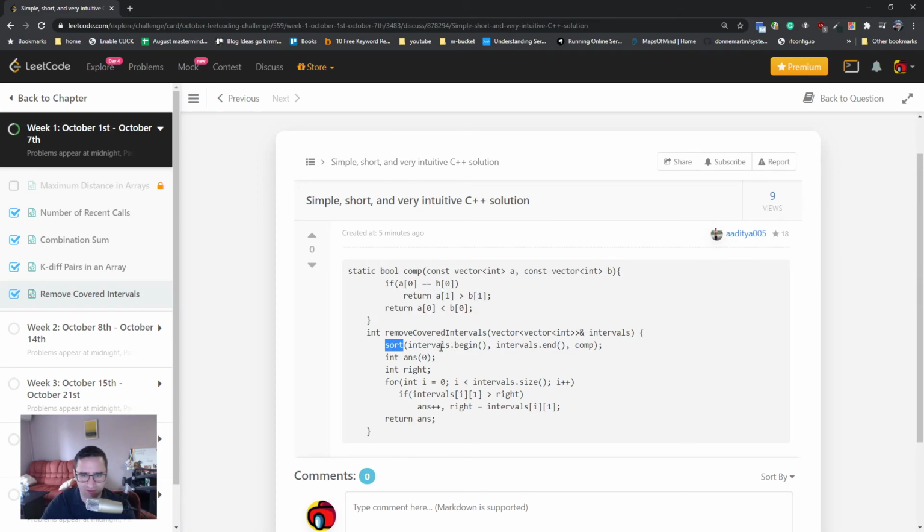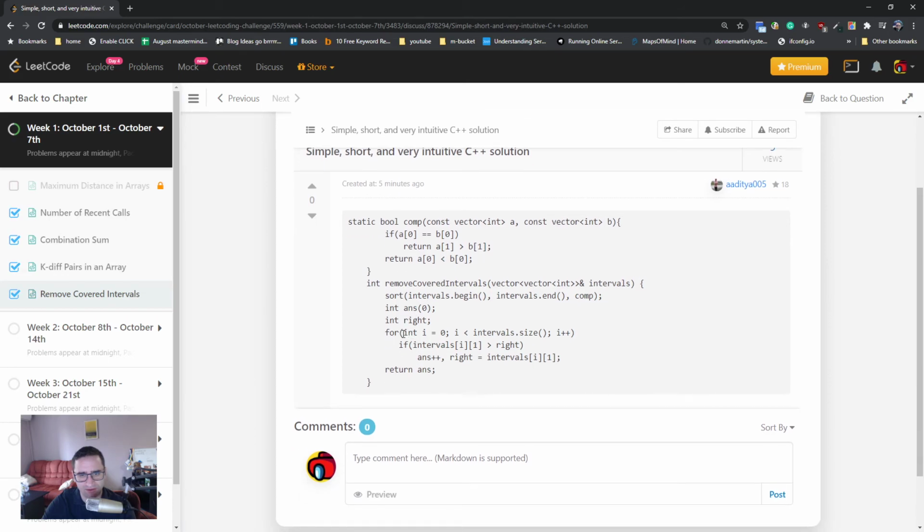So he's sorting them based on the 0th element. And if the 0th element is equal, then he's sorting based on the second element. And then when he sorts them, he says answer 0 and right. He goes once through the list, and then